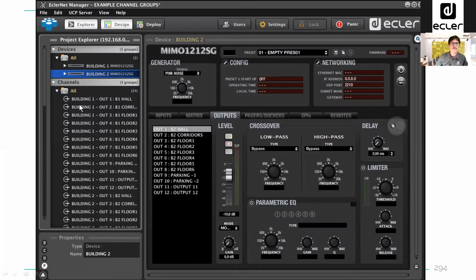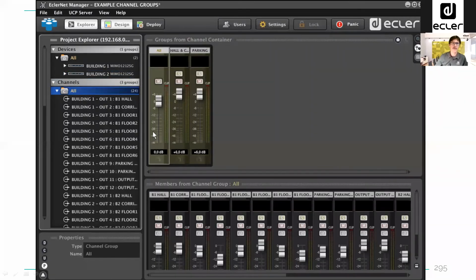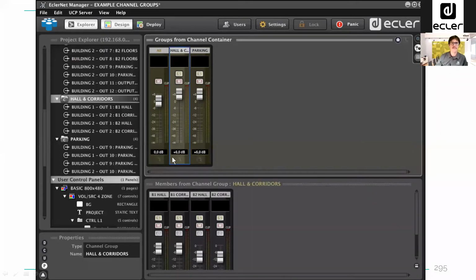So if we click on here, we will go to the channel groups per channel container. By default there's an all group which contains all outputs. So we can create more groups to make other groupings. Here I've made a hall and corridors. And I just drag and drop from the bottom or from the side. You can drag and drop